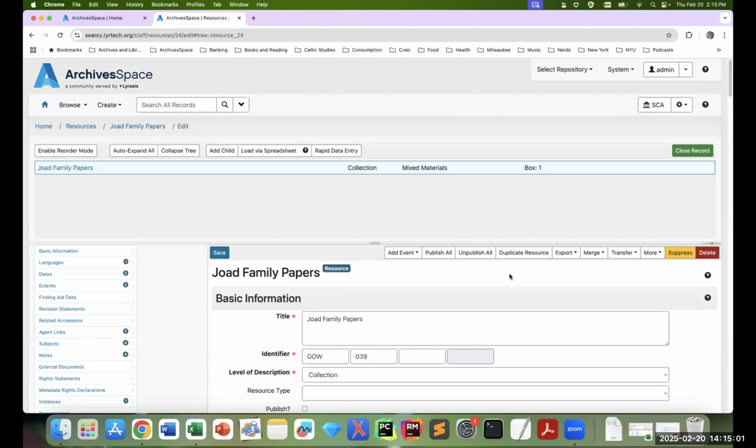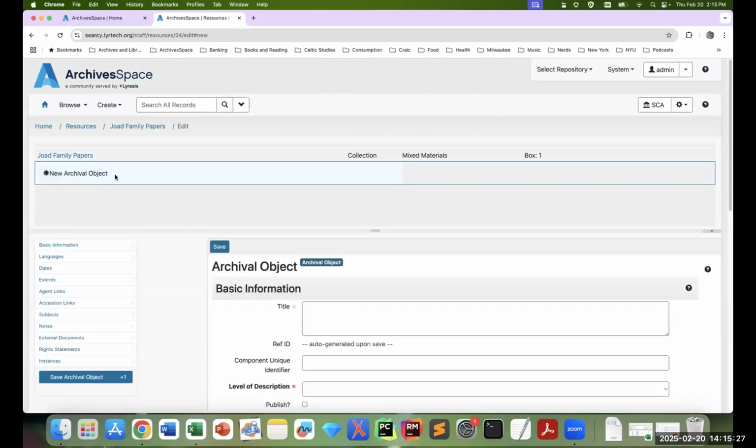But let's imagine that we have processed the collection further than it had been previously. And so now we want to indicate the different parts of the collection, as well as some individual folders and items. So the first thing we're going to do is create a few series. To create a series, I'm going to select this Add Child button. And you can already see up here in the top in blue that this new object is going to be nested underneath the collection title. So we're going to say this is series 1,